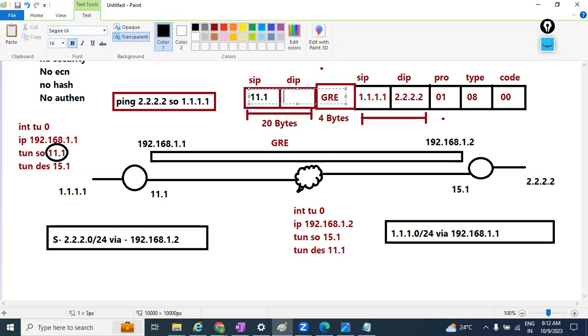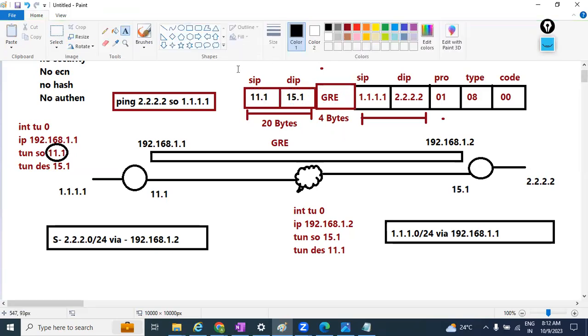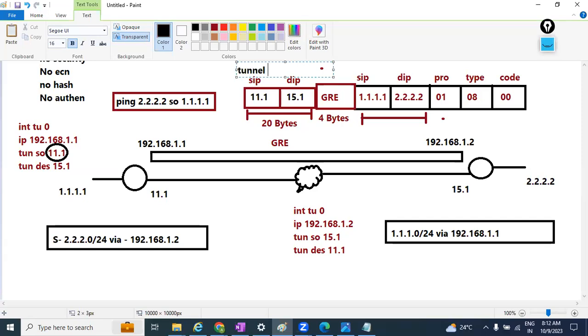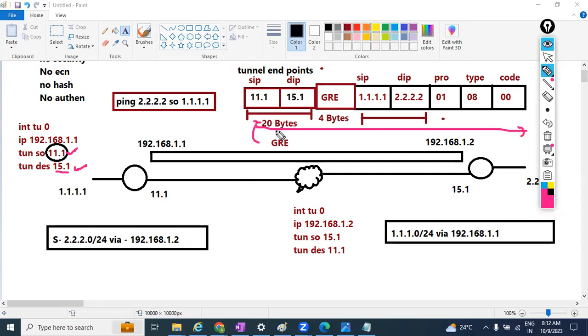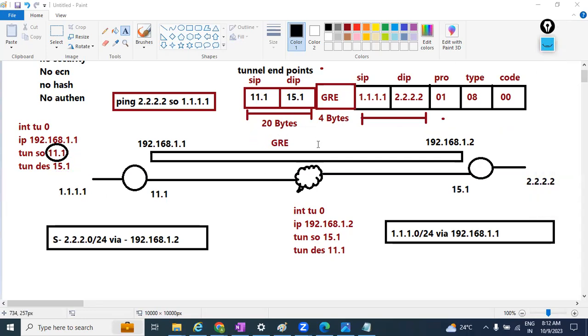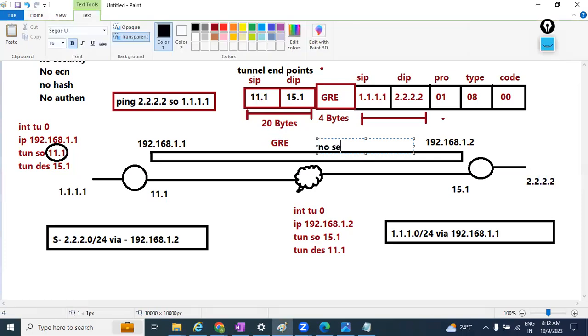What would be my destination IP? That is from the tunnel destination, that is 15. So what is this header about? This header is all about tunnel endpoints. What exactly is this? This is all about tunnel endpoints. And what are the endpoints here? From here, what is the source? 11.1, and what is the destination? 15.1. So my encapsulation is ready. But the problem here is that there is no